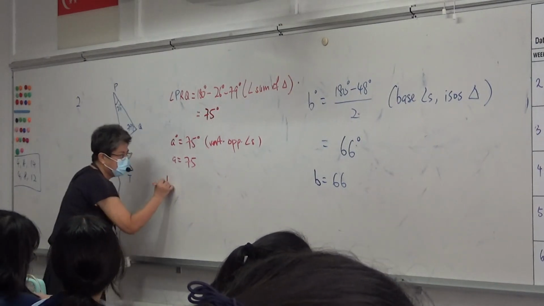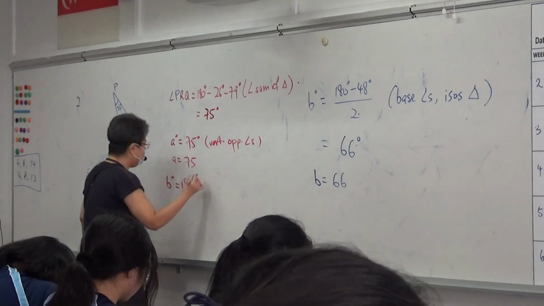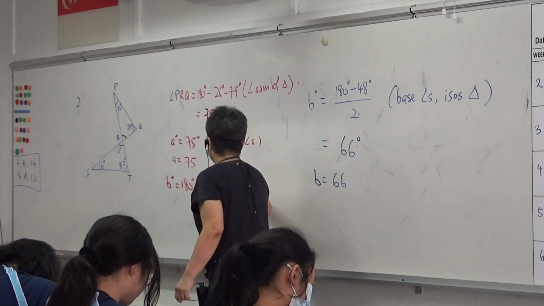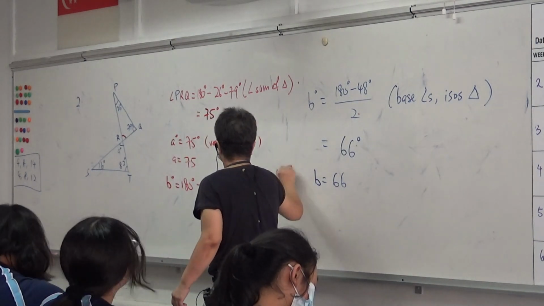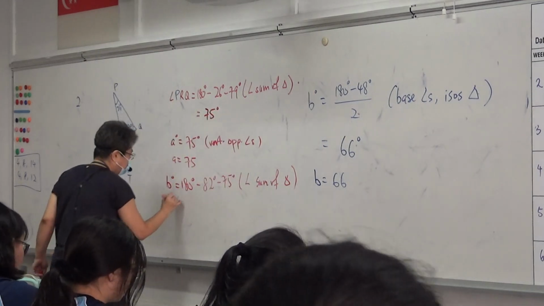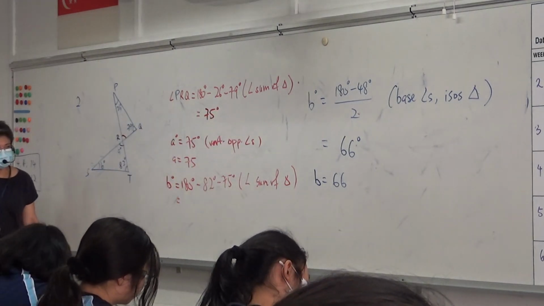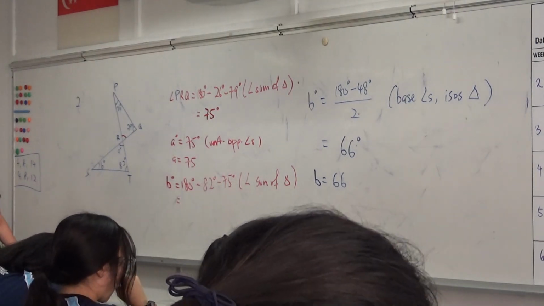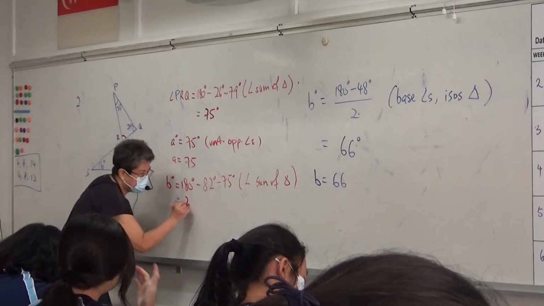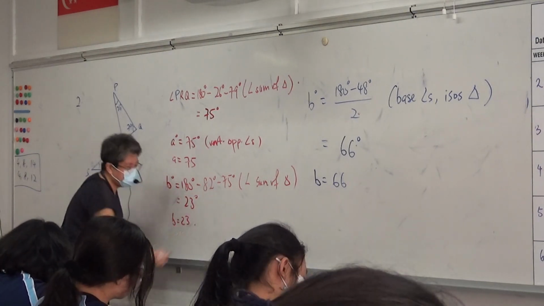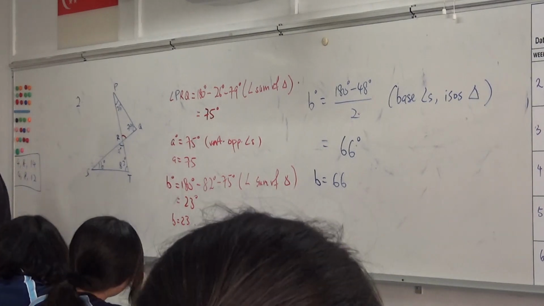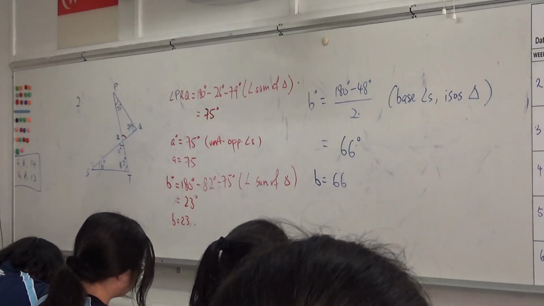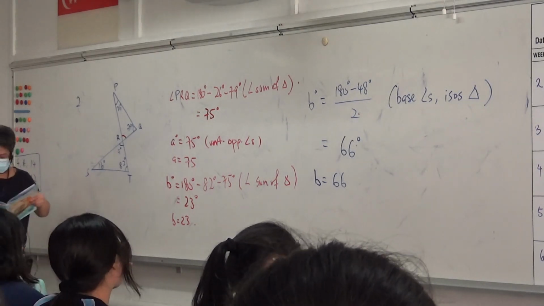B. So B degrees will be 180 degrees minus 82 minus 75. What is the angle sum of triangle? Okay. So what is it equal to? 23 degrees. So B will be 23. Are we clear so far? Are we clear so far? Yes? Okay. Now, I'm going to give you the work